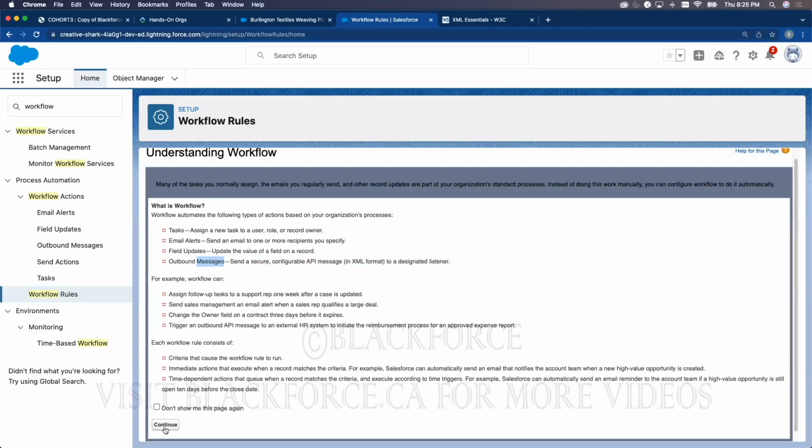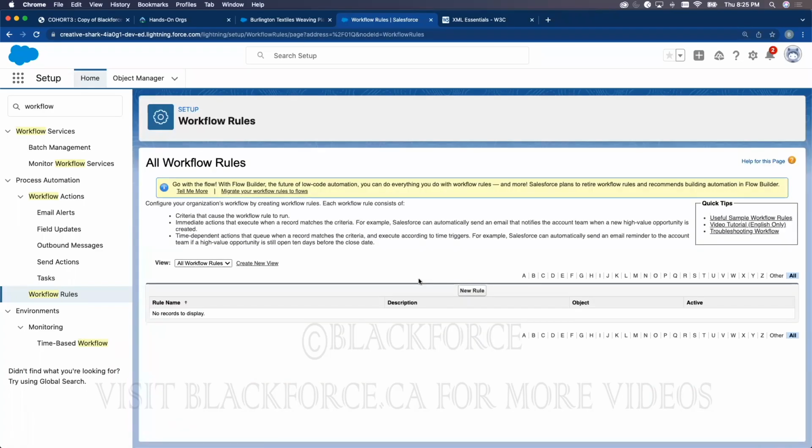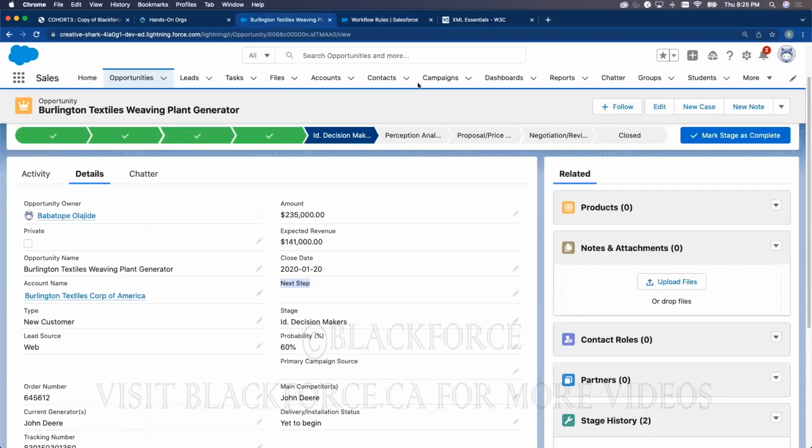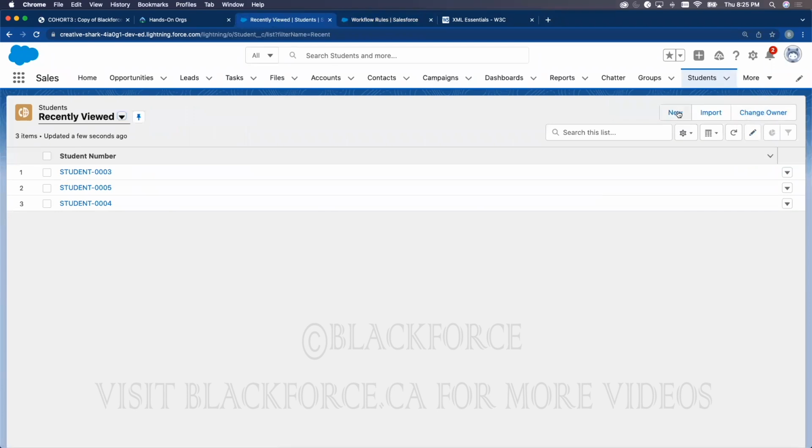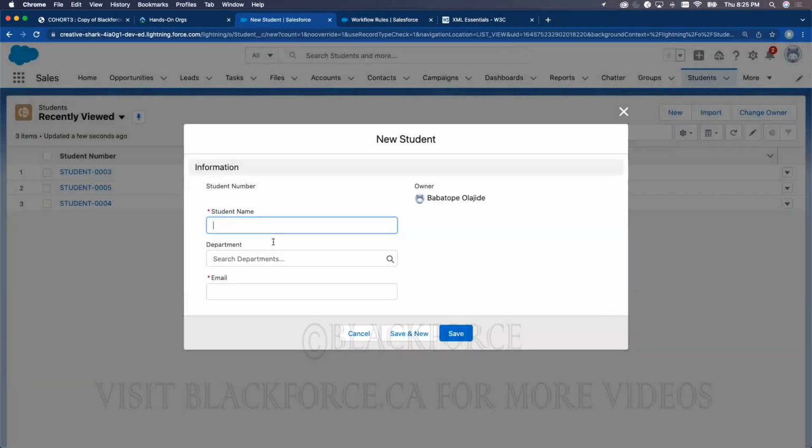So now let's see how it works. In order to use workflow rule, something must happen, okay? Something must happen in the system. What triggers the workflow rule? As you can see, when I said whenever a student record is created, I want to send an email. What would make a student record to be created? Anytime you enter a student record,